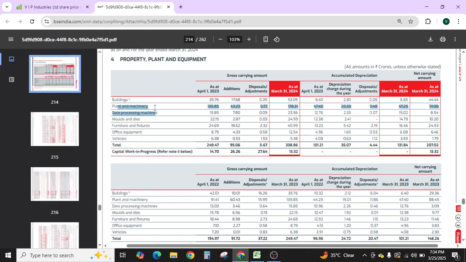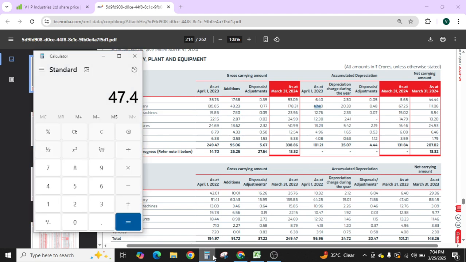Same way if we do for plant and machinery, we add 47.40 plus 20.33, which is depreciation for this year, sorry, 47.40 plus 20.33 minus 0.48 is